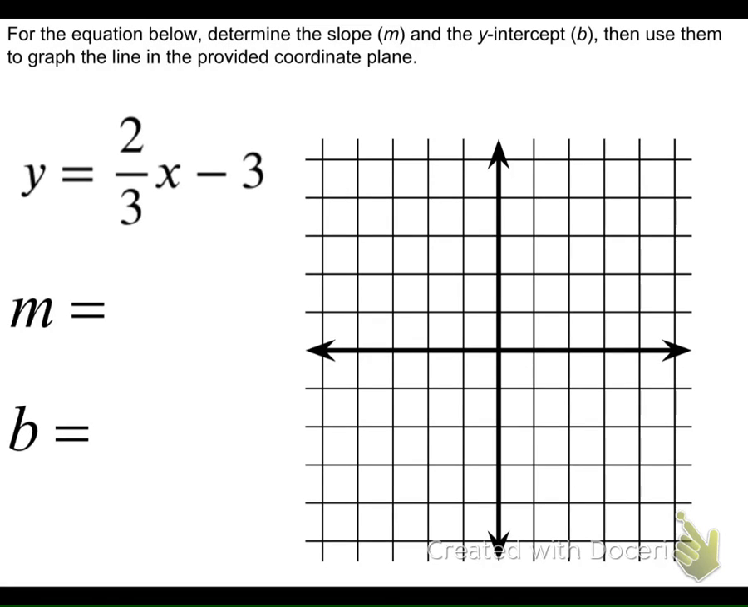Okay, so for today's opener, on the front side, we are given the slope-intercept form. We need to identify the slope and the y-intercept, and then we're going to graph it. Since slope is represented by m, and the m equals, we're going to fill in the slope. So slope is the number multiplied by x,